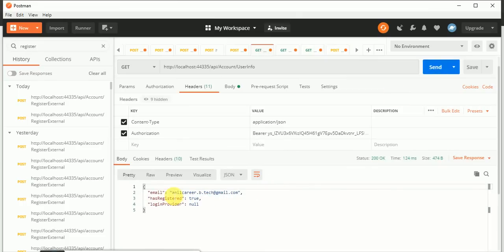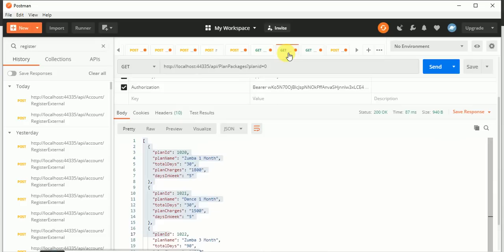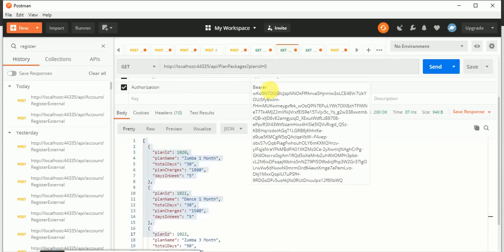Yes, now you can see anilcareer.b.tech@gmail.com, has registered equals to true. Okay, so here we have another authorized web API.